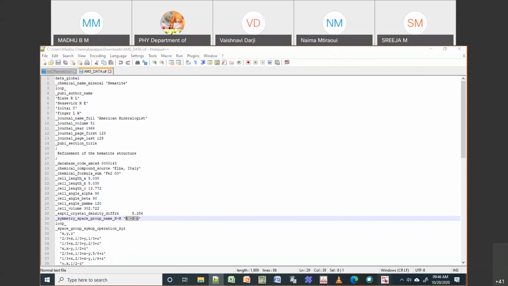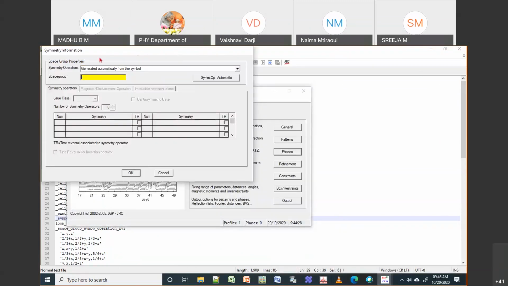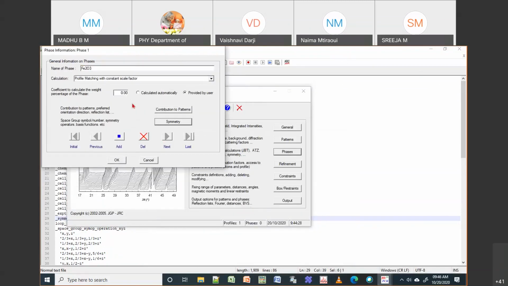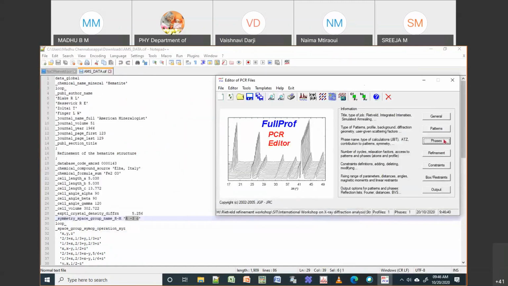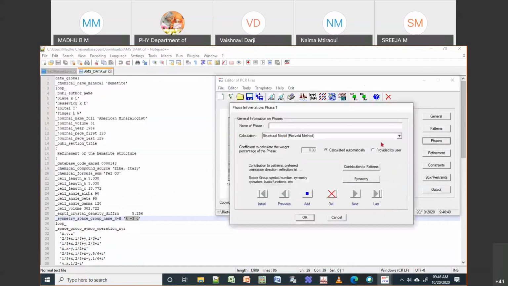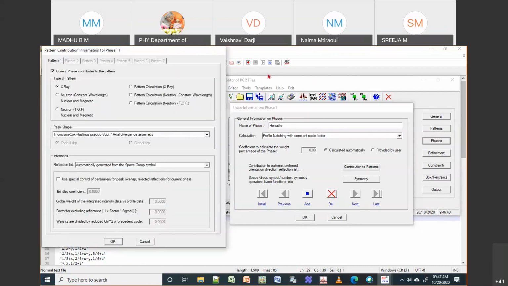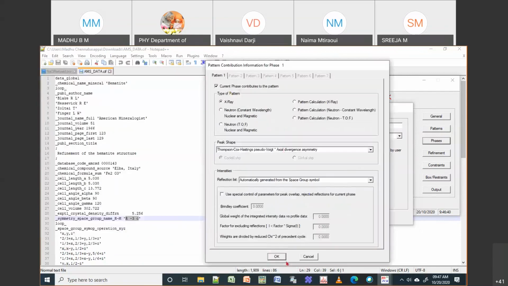Okay, so let us go back to this. Then this thing, I will drag it slightly to this side. Okay, so I can see that SIF file. So phase, we'll do phase. We have to take the phase matching with constant scale. Okay, if not, we will not get phase match. You can give any name also, or I'll put hematite. Okay, so this is hematite. So I'll put in hematite, or I can put Fe2O3. Then when you go to this, this is fine.